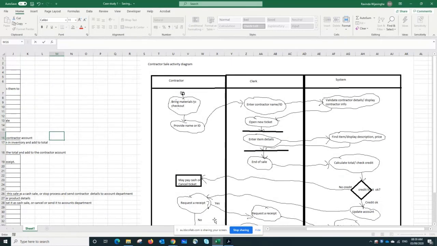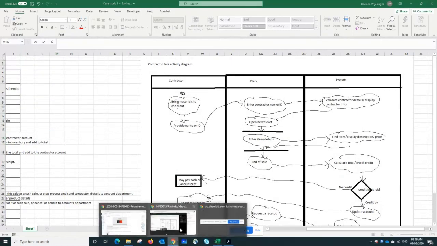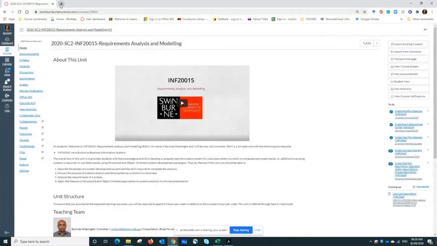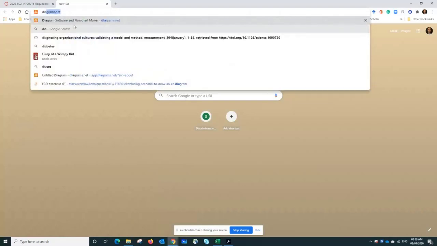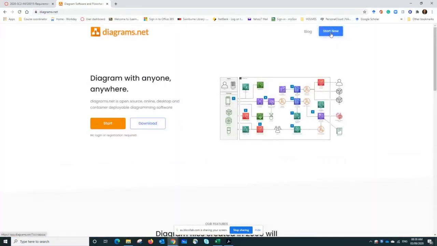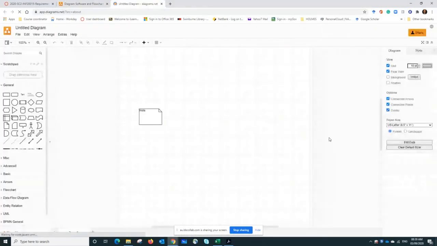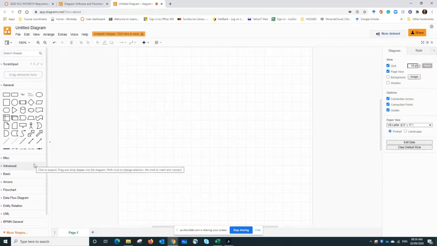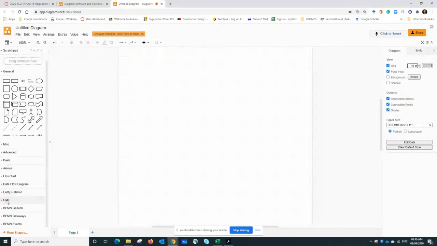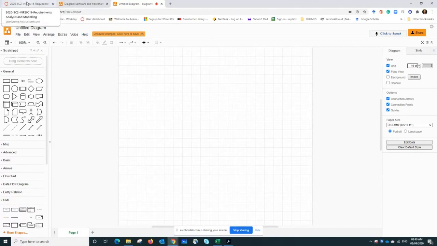Okay, so let me actually see first whether we can develop that using diagrams.net software online portal. So let me check that first. I think there are some notations that we can use. Yeah, let me take this out. So if we go to UML now, let's say here, right now system sequence diagram, you know, let me actually show you first